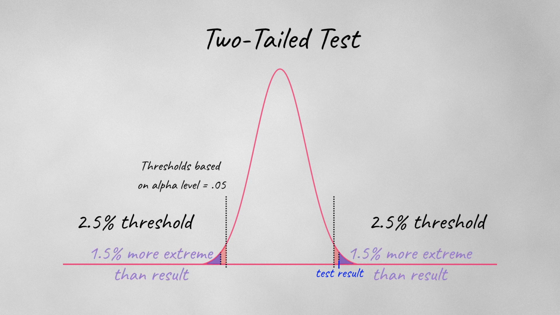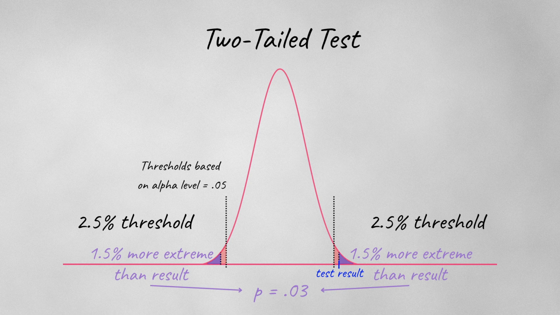But now we can see if we got a result where 1.5% of the curve was at that result or more extreme, then that would actually be a p-value of 0.03 because we have to include those values on the other tail as well. They are at least as extreme, if not more extreme, as our value, just in the opposite direction. And so since the curve is symmetrical, the area under the curve is going to be the same on both sides. So if we have 1.5% on this side of the curve, then we have to include the other 1.5% on the other side that's just as extreme, if not more extreme, as our result, just in the